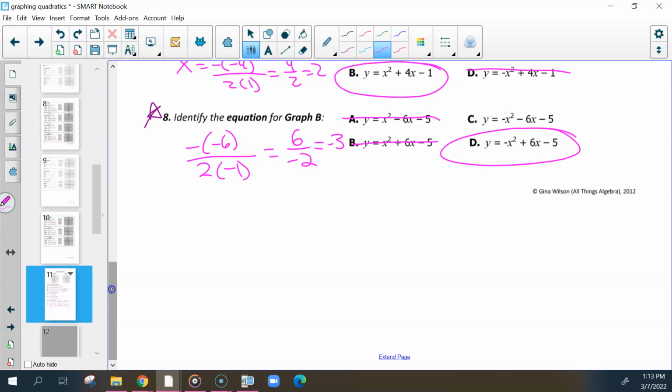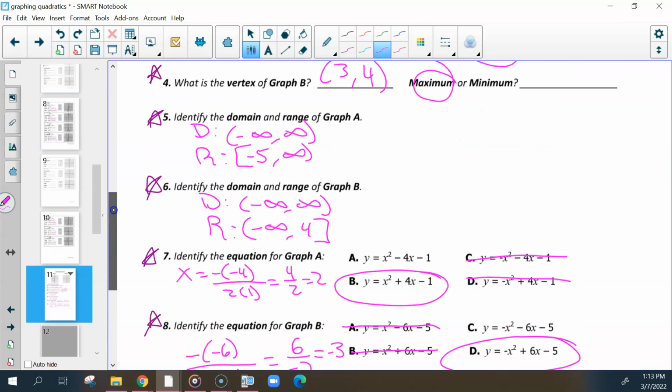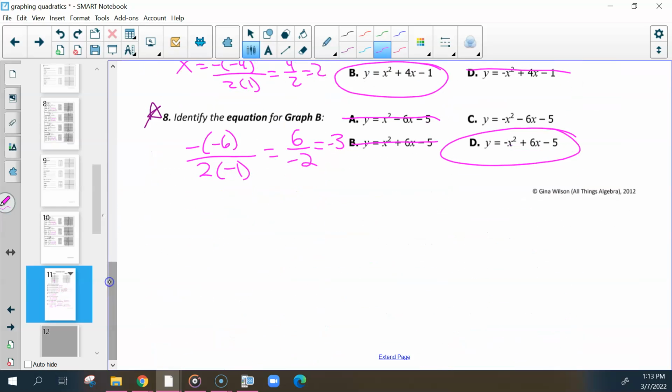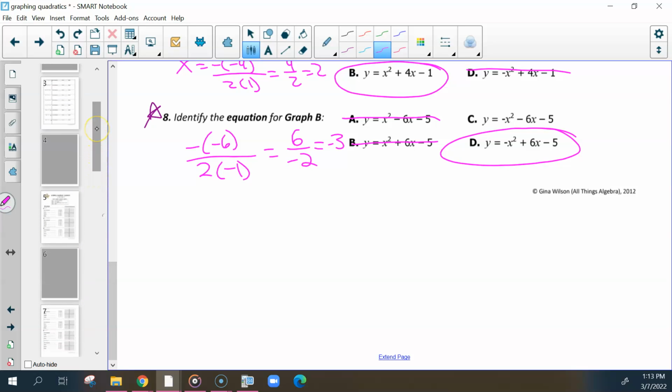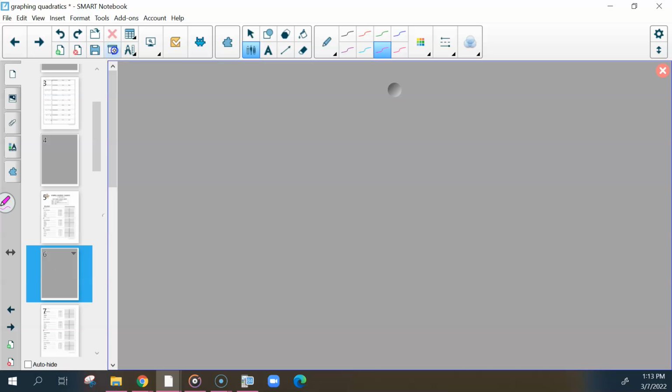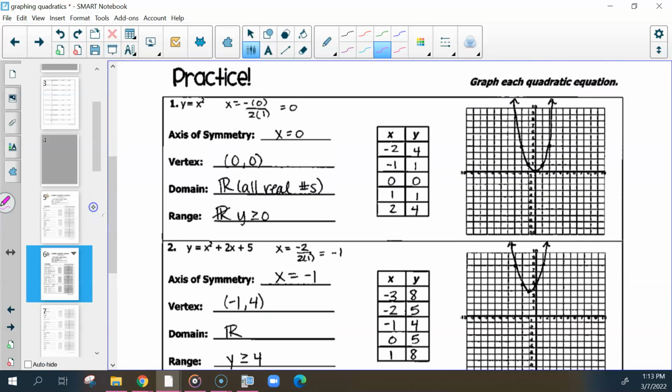So this was like a review of all of the different graphing things. Before we continue, do we have any questions on any of this? I want you to go back to the first page of the graphing. So for number 1,